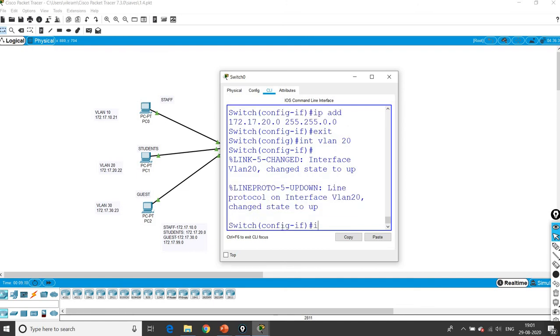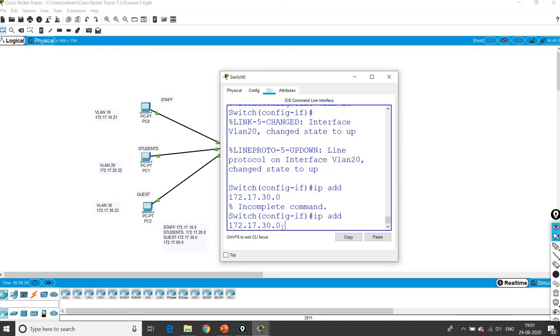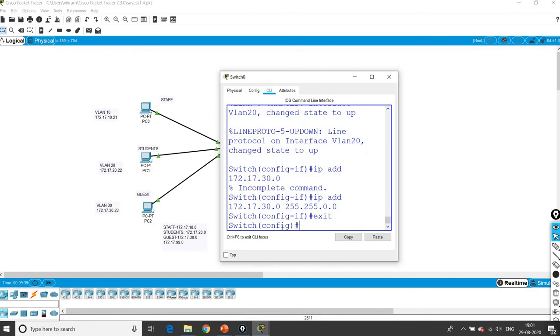What is the IP address for the student? 172.17.20.0, followed by the subnet mask 255.255.0.0. Now you can see this. So exit again. For the guest also you want to give.